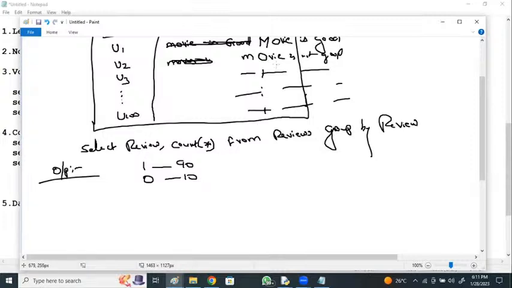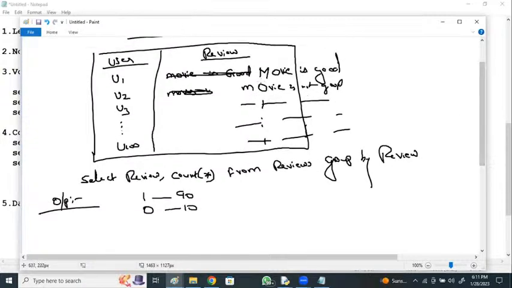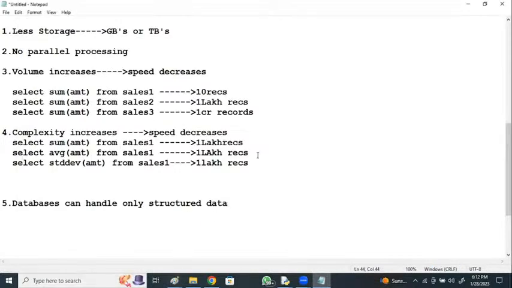Now, can you write an SQL query for this, if they are writing in the text format, to count how many people say good and how many say it's not good? We cannot write a query, even based on keyword count. If you count based on keyword, it still gives wrong computation, because even "not good" has got "good" within it. So the major drawback with databases is that they can handle only structured data. But if we talk about Hadoop advantages,